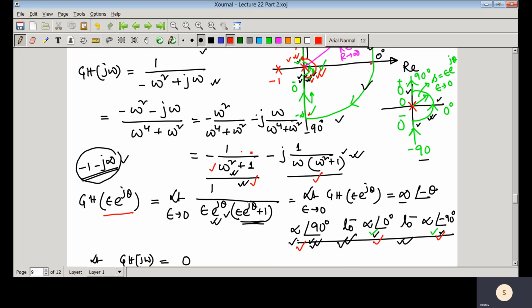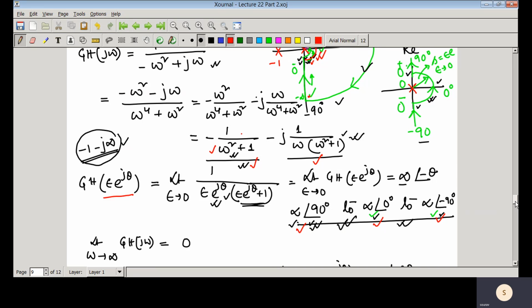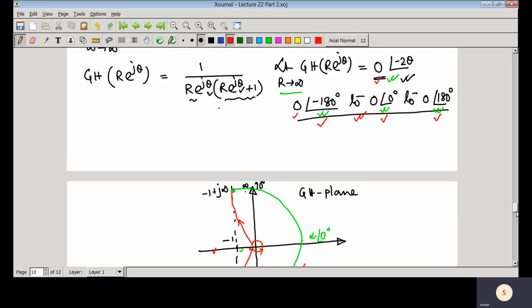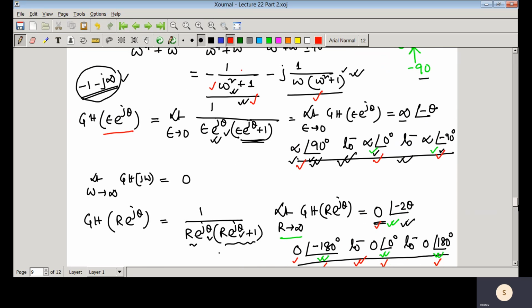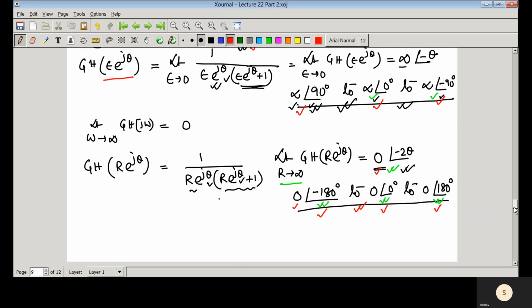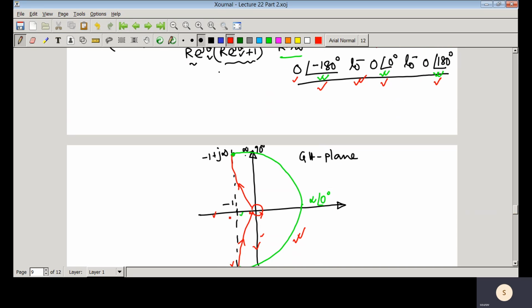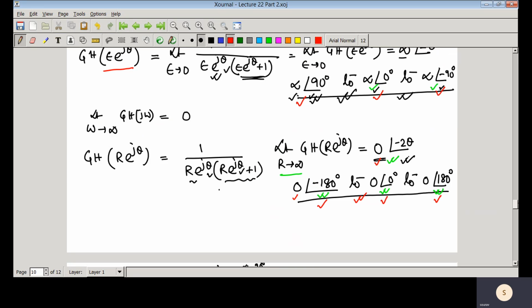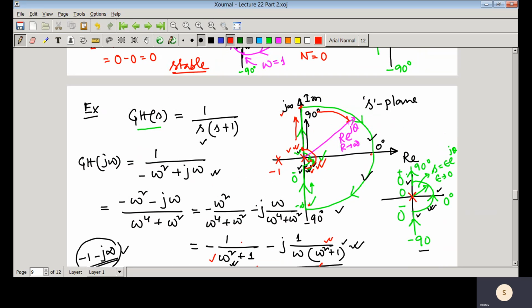So real part equal to 0 means it will cut that imaginary axis, but there is no frequency, and there is no frequency except infinity, that this imaginary part would be equal to 0. Imaginary part equal to 0 means it will cut that real axis. So there is no frequency, so that means it would come from this point to that point. So let us see what we have done here. So this is actually that point.